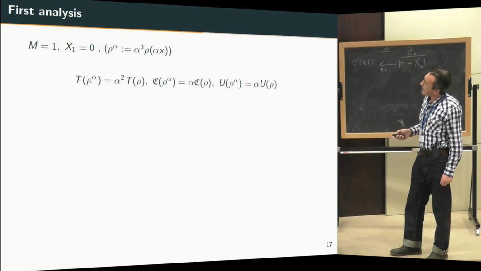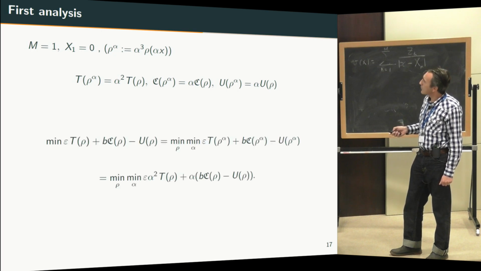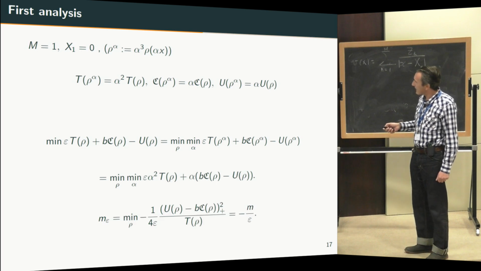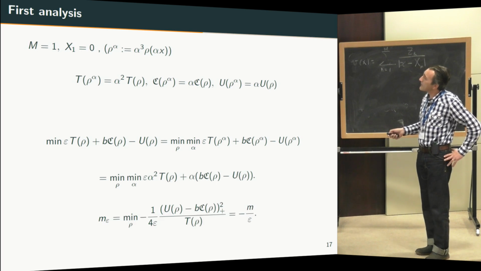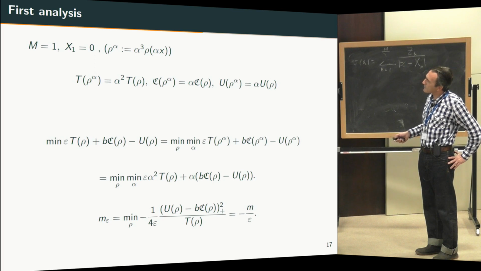If I make a first analysis, since the 3 terms have a different behavior with respect to the rescaling, you see, when I put a rescaled measure inside the kinetic energy, I get alpha squared. The other 2 will get out alpha. This allows me to compute in some sense the behavior of the minimal value. I make a double minimization. I put a measure inside, I can rescale it and minimize among these rescaled measures, and then I minimize again with respect to the measure. And then easy algebraic passages bring you to the fact that the minimum of f epsilon behaves